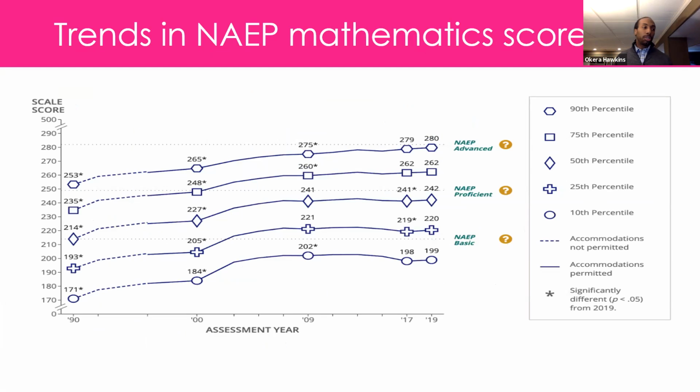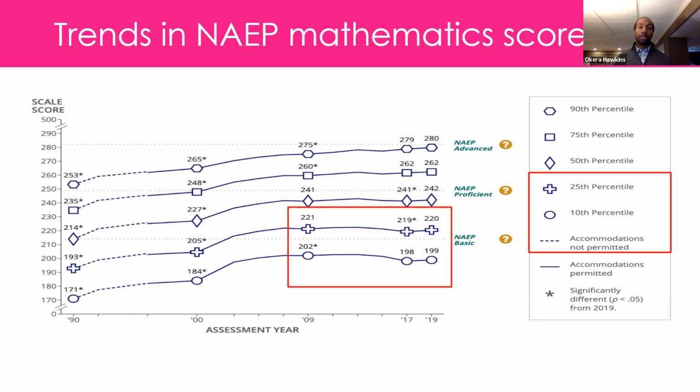What I want to do is draw your attention to a couple of pieces of data before we move on. Looking at the two highlighted symbols in the key, we're looking at students who scored in the 10th percentile and students who scored in the 25th percentile. If we look at those data points from 2009 to 2019, which is a 10-year span, we see no positive movement, and we see a decrease in student growth over that period, which is very